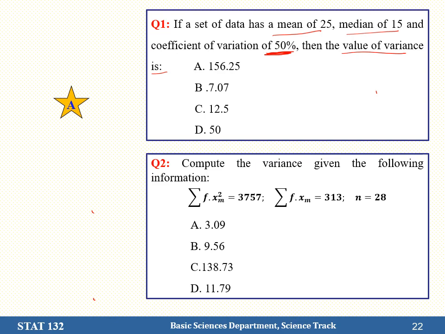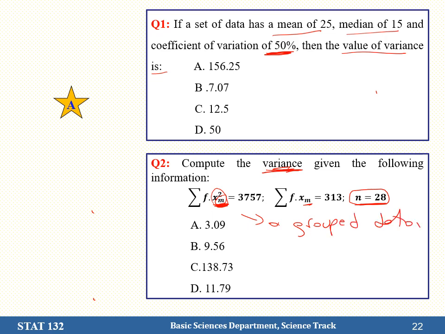So here it gives the midpoints. This xm is standing for the midpoints. So n is the sum of the frequencies or the number of the data, 28. So how can you find the variance of such data? Now the key information is this midpoint. So if the midpoints are given, it's grouped data,